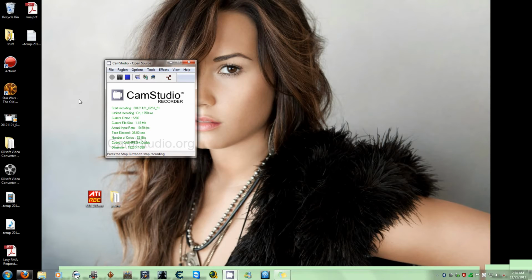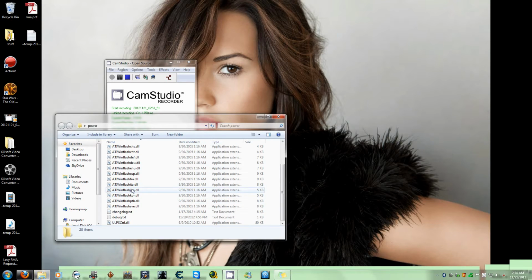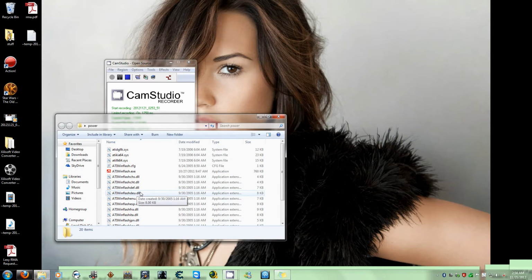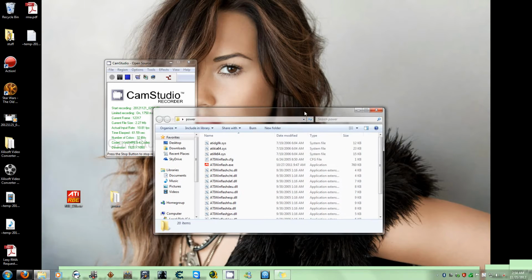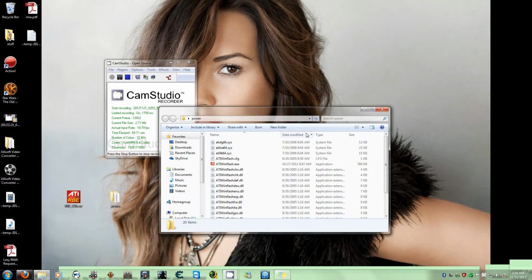They're in the description. Once you download the two programs, actually, they're both the same. One of them is a non-install program, so you don't have to install it. It automatically runs, just like that. And the other one you've got to extract into a folder. Once you've downloaded it, extract the ATI WinFlash files into a separate folder